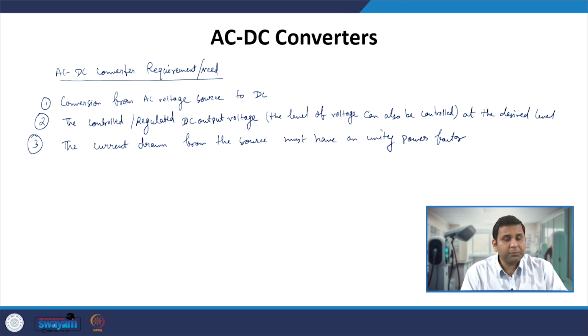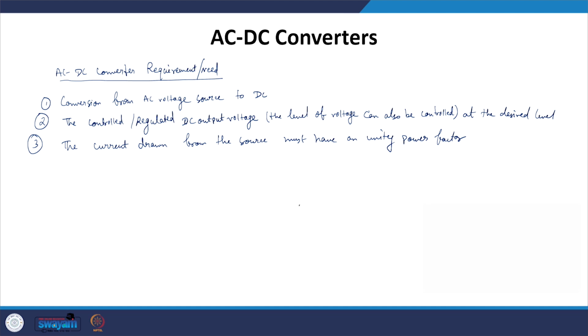Now, why do you need a unity power factor current? Obviously, you do not want any reactive component flowing in your circuit, and you want to transfer the entire real power to the load without reactive power flowing within the circuit. It also helps in reducing the component sizing of your power converter. That means the RMS currents in the power converter, and in the power devices, can be lower.